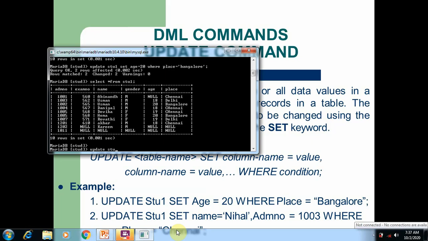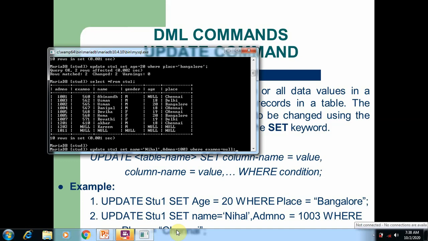Update command, update student1, the table name, use the set keyword, set the new column name for new data, set name is equal to Nihal, comma admin number is equal to 1003, where exam number is equal to, now I'm going to slightly change the condition, where exam number is equal to null.